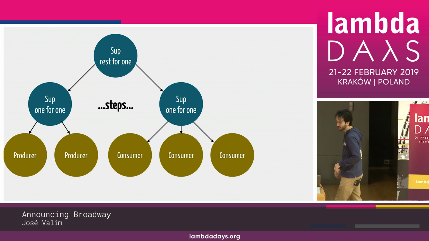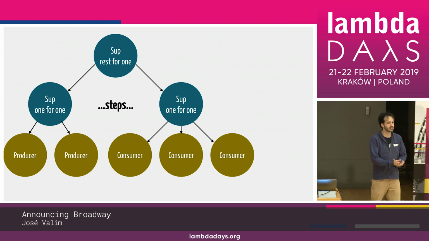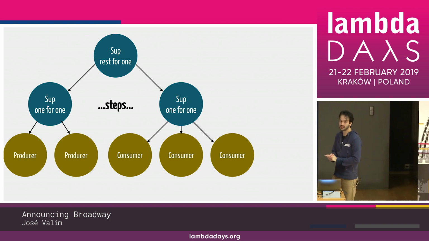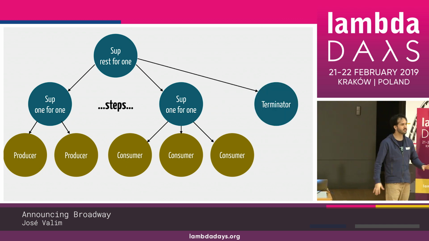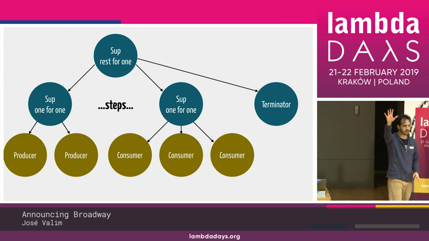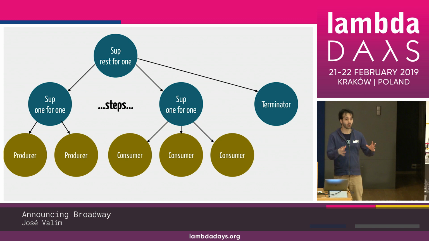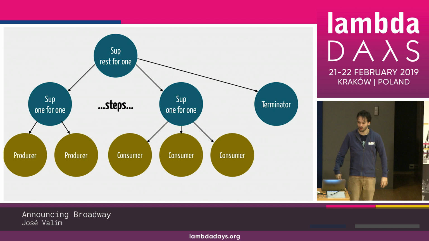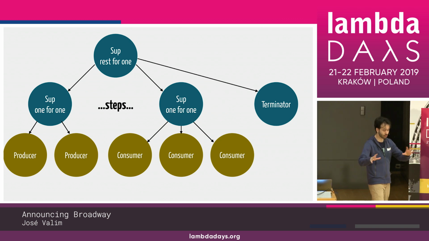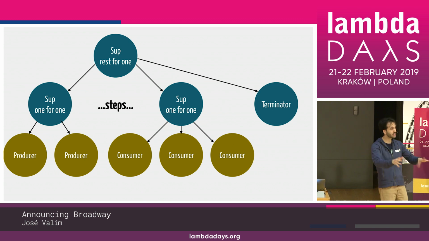So usually what you do is that you add a terminator process, and the whole role of this process is to just wait until the supervisor says, I'm going to shut things down. So this process would say, all right, I can see that you want to shut things down. Wait just a second. What I'm going to do is flush this pipeline, right? So I'm going to go to the producers and say, hey, producers, you should stop listening to demand now. If people ask you for more events, don't fetch more events. Stop doing that. And flush everything you have.